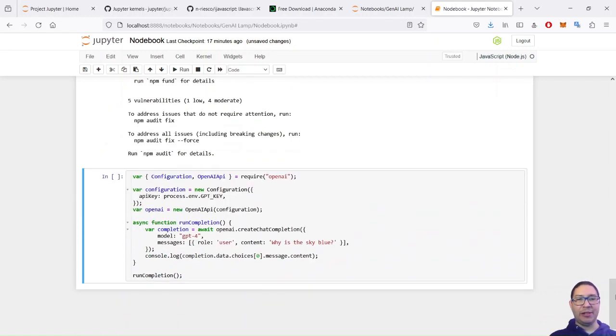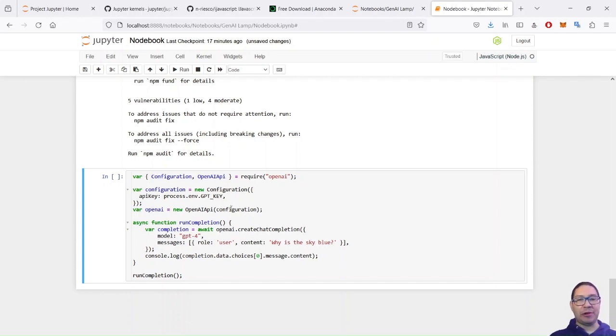Finally I run my JavaScript code from the last cell, requiring the official OpenAI library. I use two different objects. The first is a configuration where I pass my OpenAI API key from my .env file, and then I instantiate a new OpenAI object.